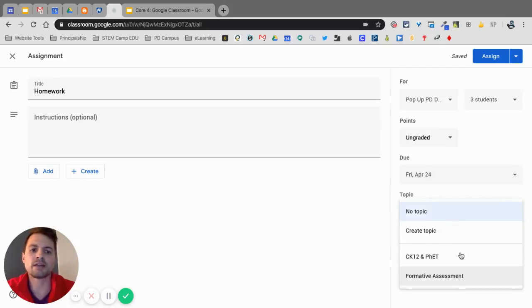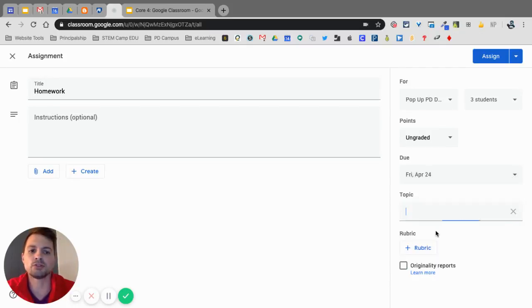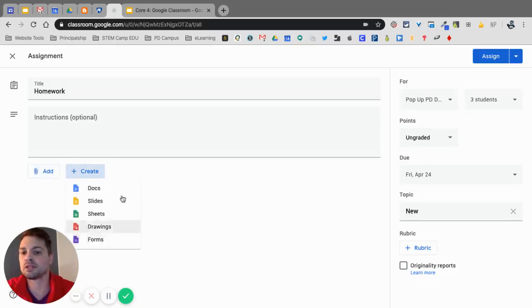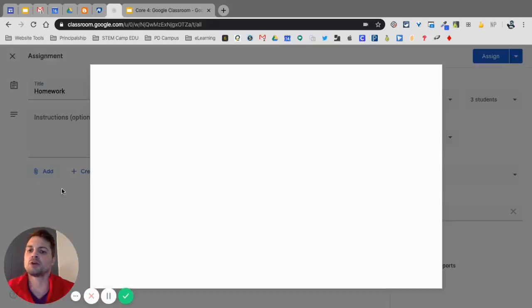You can actually add the topics here as well. So I can create a new topic if I want. I can add a rubric over here. But then over on this side, I can either add or create, so I can add links or files or a YouTube video, or I can create those things inside here from the Google Suite. So if I click on add in Google Drive,